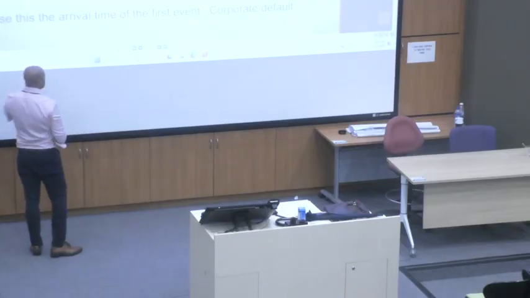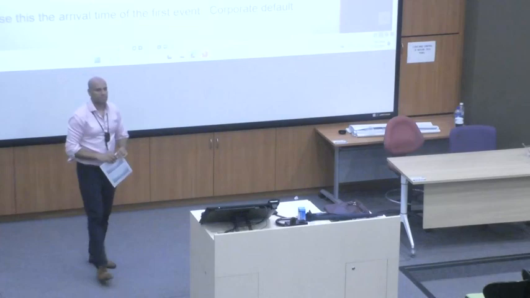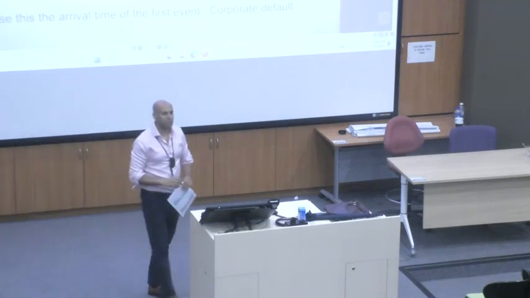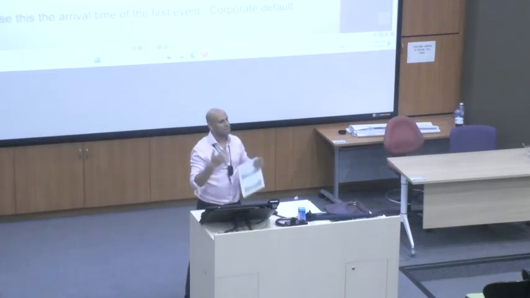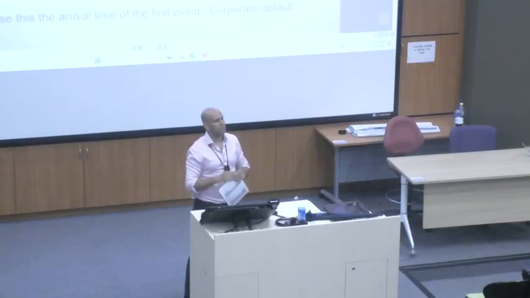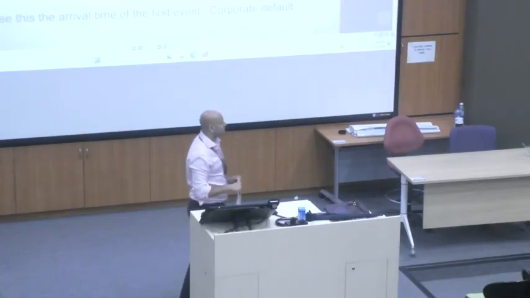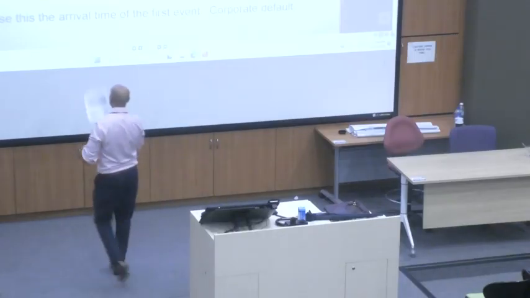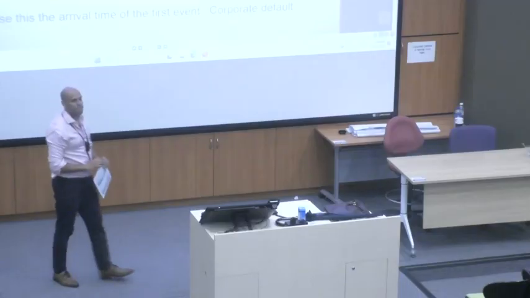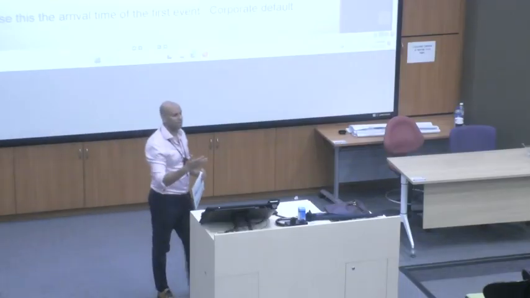And what we're going to be focusing on is the first event. Okay? What we're trying to do is model the arrival of the first default event. Okay, so the event in our case is the corporate default, bankruptcy. Okay? Now the only interesting number is x equals 0 or x equals 1. Okay? A company can't default more than once.